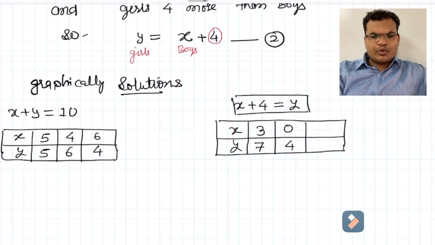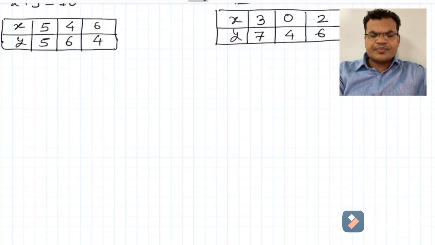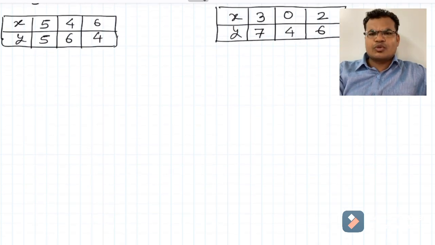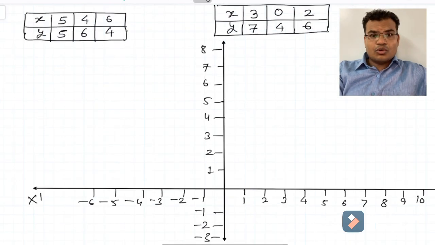X equal to, you can put any value, whatever you want to do. 2 I kept. What is the y? Y is 6. 4 plus 2 is 6. You can take any values, guys, whatever you want. You can put here x equals to 1, x equals to 2, 3, 4, 5 like this. Okay, don't think that whatever sir took, I will do the same, okay?